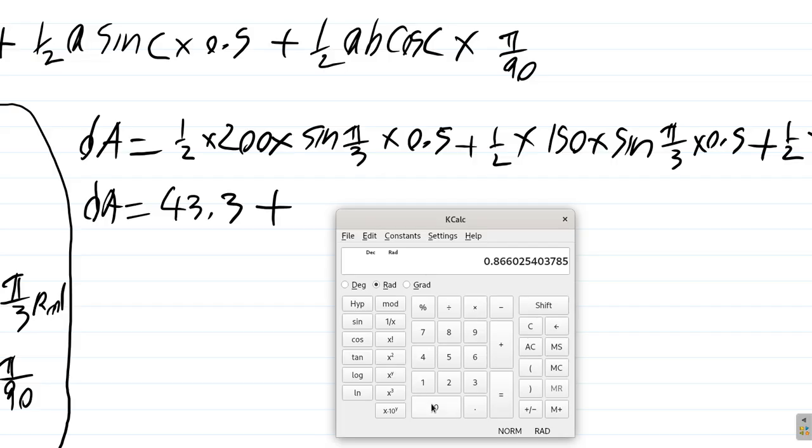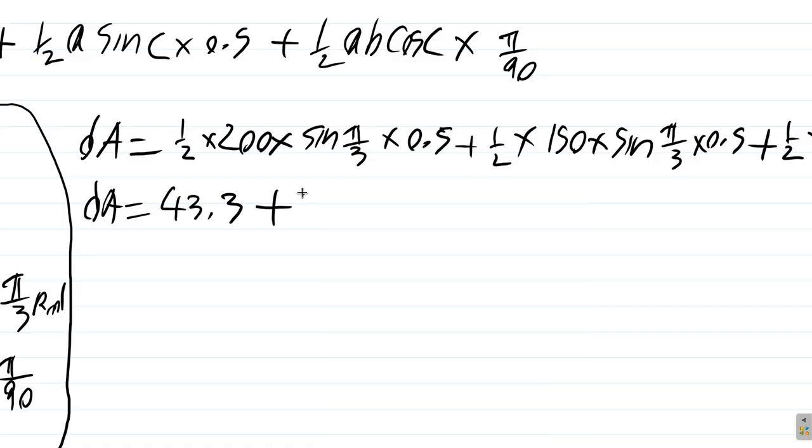Times 0.5 equals. Times 150 times 0.5. Alright, so we get 32 point something, 32.48. 32.48 plus,